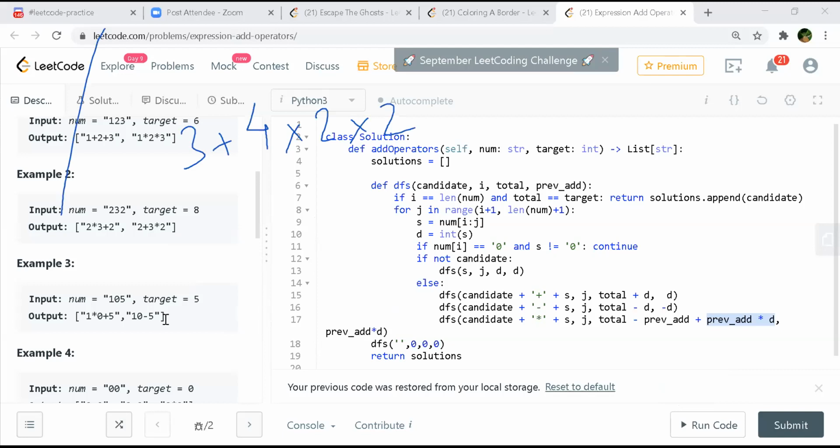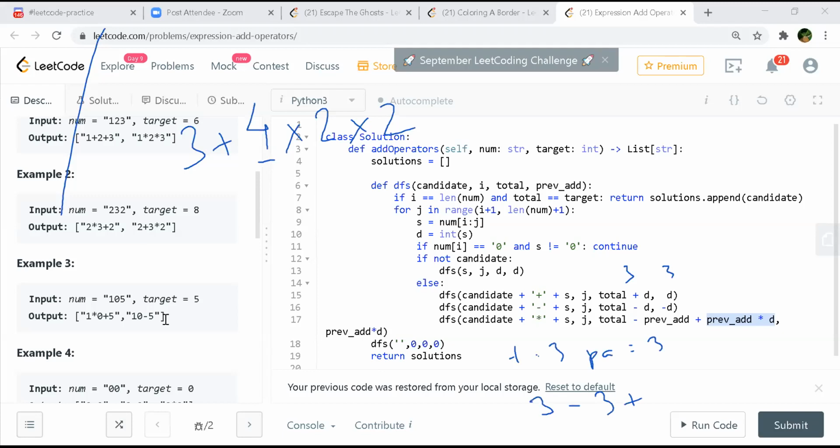So when you come for the first multiplication, in this case it is 2, so it is 4, right? When you come here, your total T equals 3, and your previous add is equal to 3. So your total would be 3 minus 3 plus... Total would be 7, I think. Yeah, sorry. And previous add would have to go back, right?